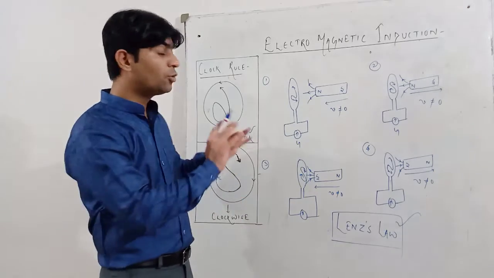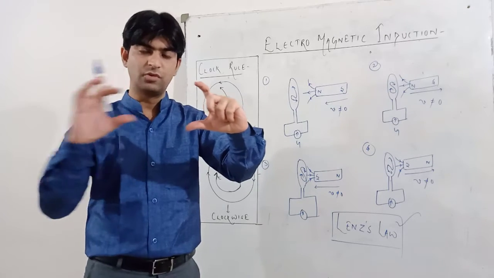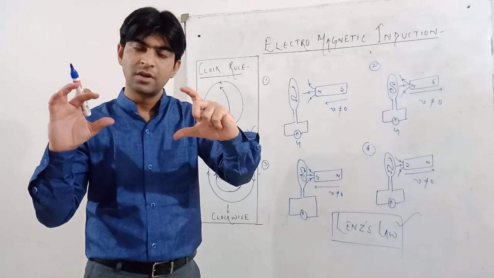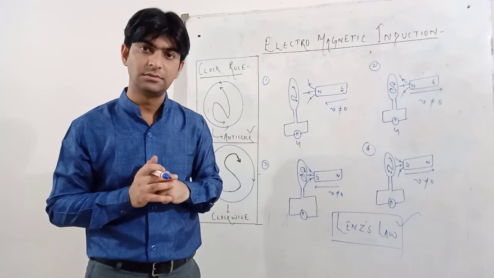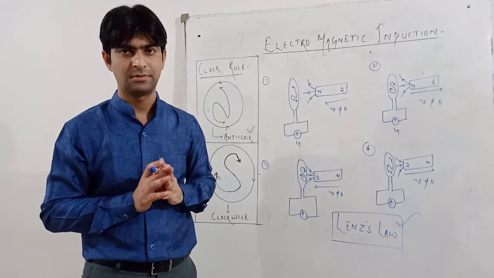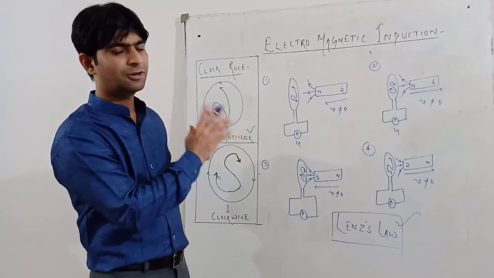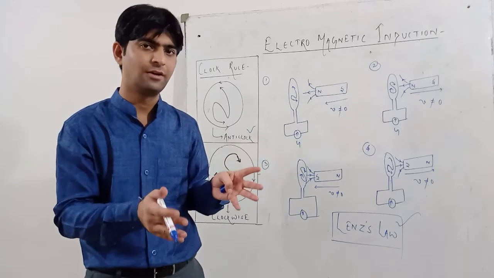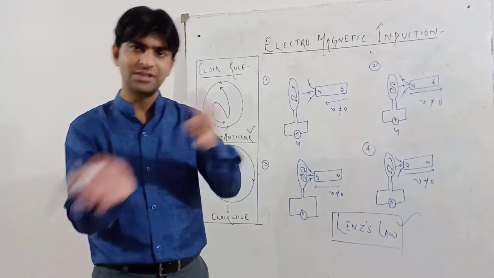Now whenever there is no relative motion, if a magnet and a coil are kept stationary, if the magnet is not moving towards the coil, there will be no change in flux. When there is no change in flux, there will be no induced current. That means no phenomenon of electromagnetic induction takes place. I hope that this phenomenon is very much clear to you. Electromagnetic induction means the changing magnetic flux linking with a conductor or a coil produces electricity, that is, induced current. That means the magnetic field is producing current.